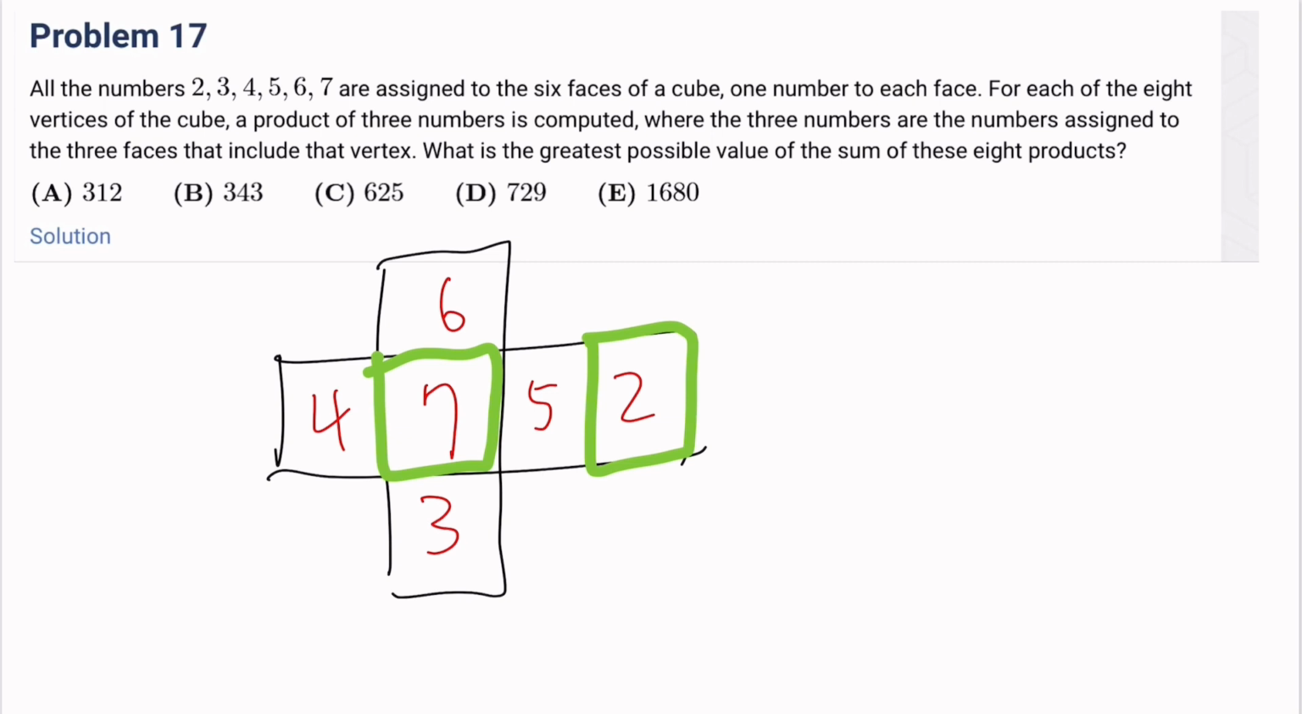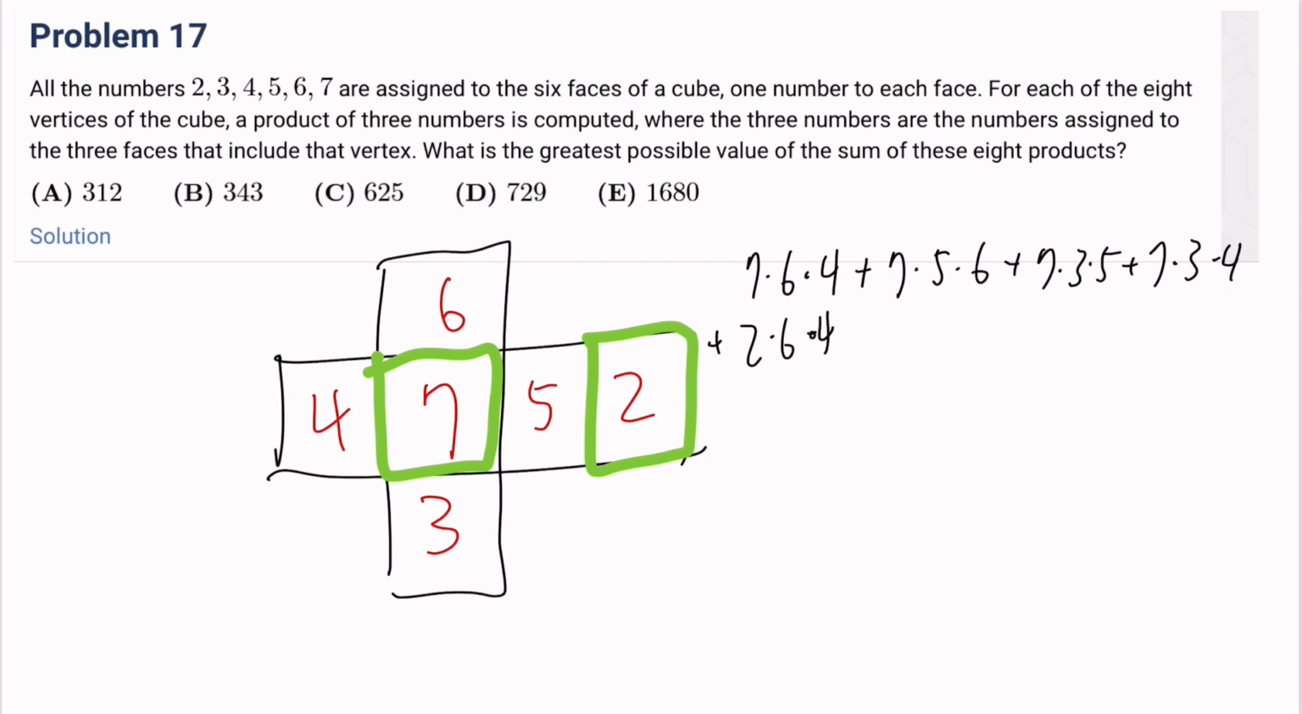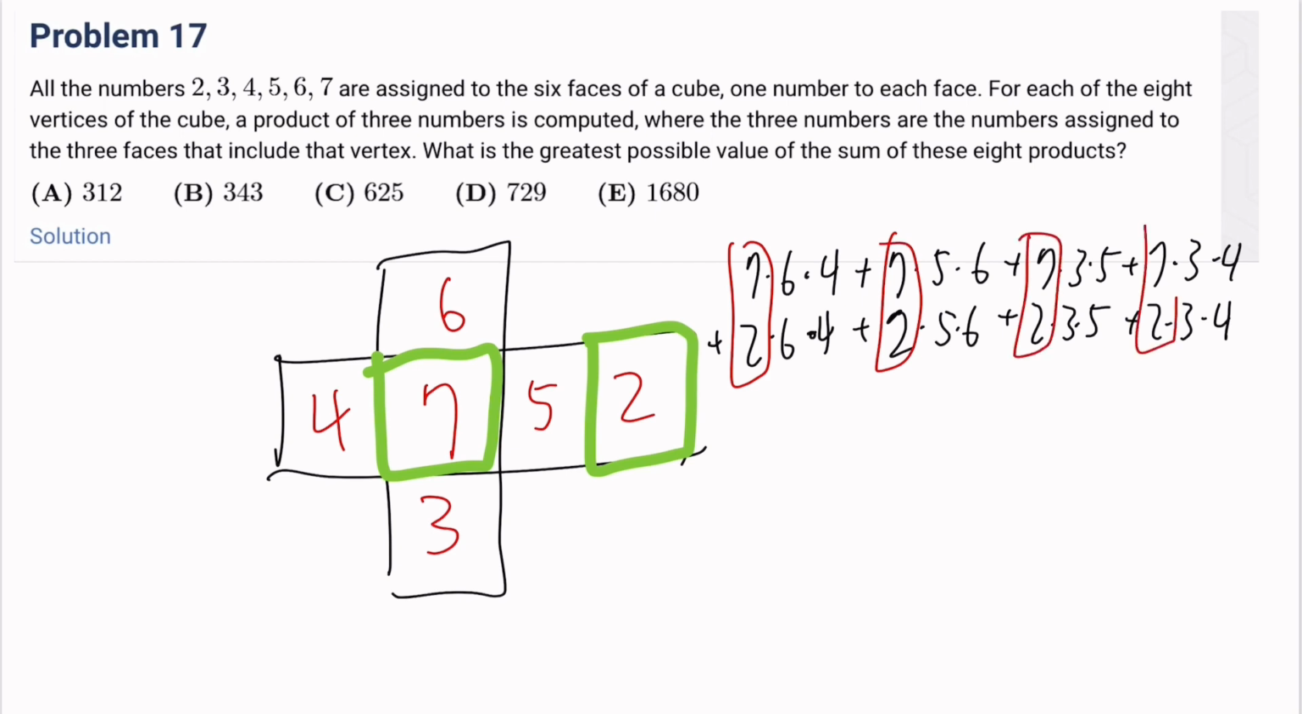those 8 products will be 7 times 6 times 4, plus 7 times 5 times 6, plus 7 times 3 times 5, plus 7 times 3 times 4, plus 2 times 6 times 4, plus 2 times 5 times 6, plus 2 times 3 times 5, plus 2 times 3 times 4, right? And so now if we just add all of these together and take out 7 plus 2,